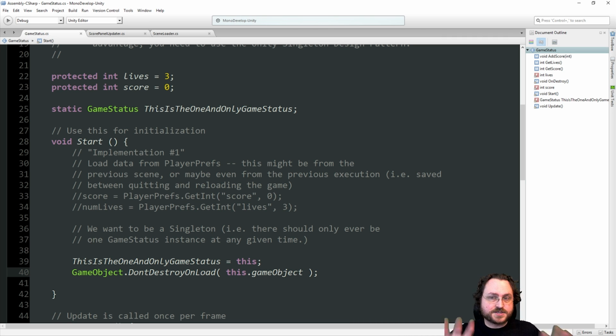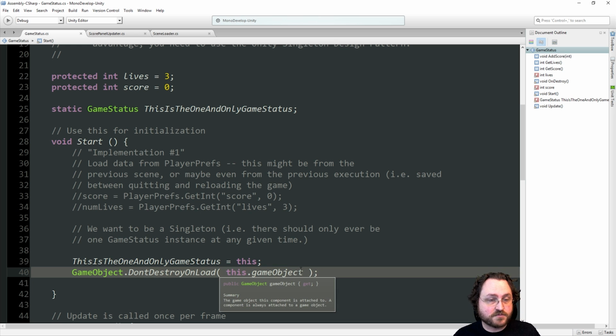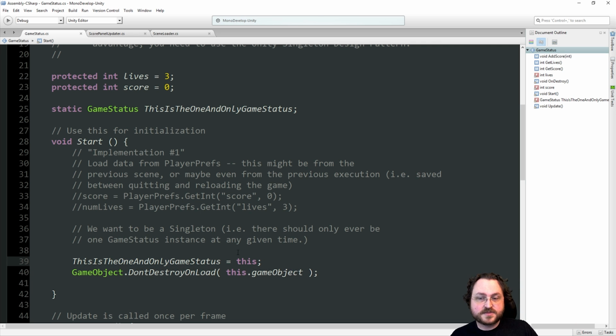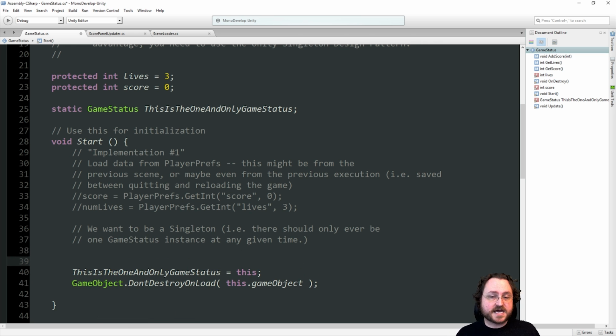But what happens, again, this is on the overworld, that gets set, and that's groovy. Then you go to level 1, and then you come back over here, and you get a new copy of GameStatus. You've got the one that doesn't die, and then the brand new one that we got from loading in the scene. So what we do is, before we set ourselves as the one and only game status, and before we set ourselves as being immortal,